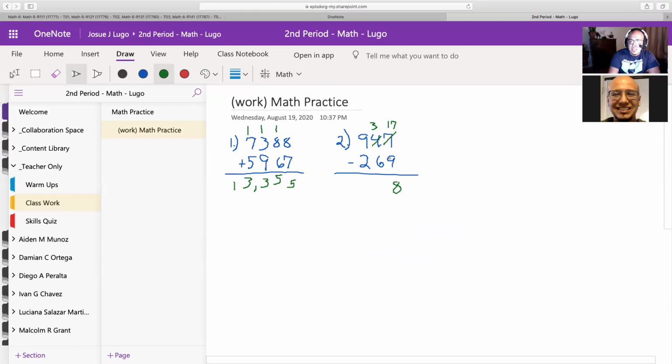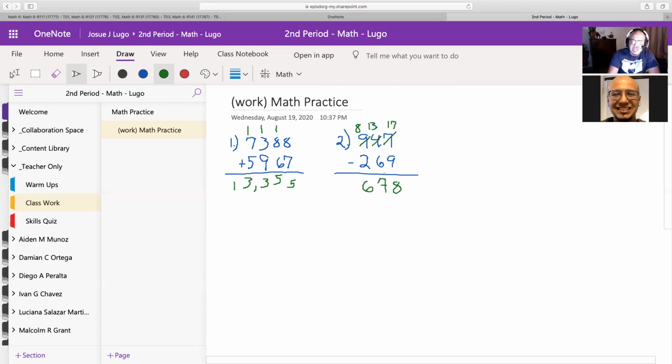Okay, so then 3 minus 6, I can't do that, so I'm going to borrow from the hundreds place. This is going to become an 8, and this is going to become a 13. So 13 minus 6, that's going to give me 7. And then 8 minus 2, that's going to give me 6. Okay, so I have